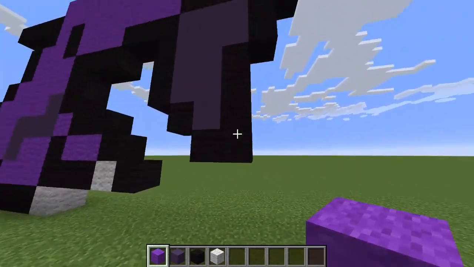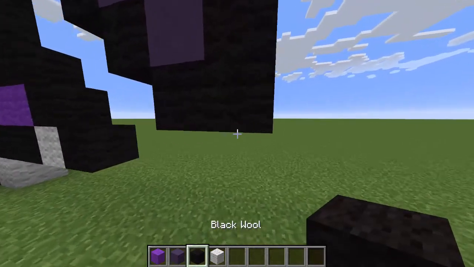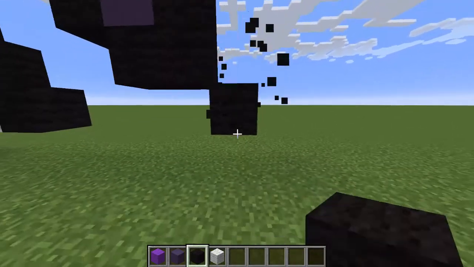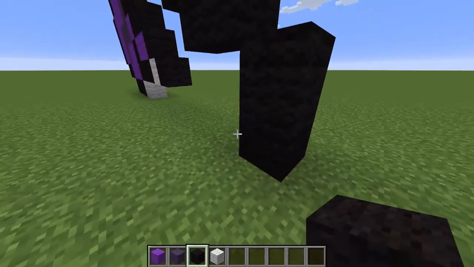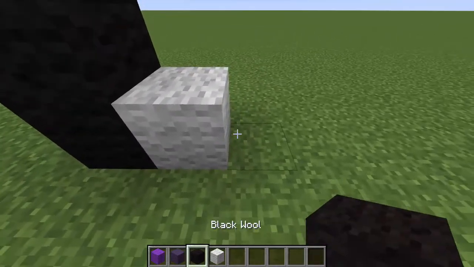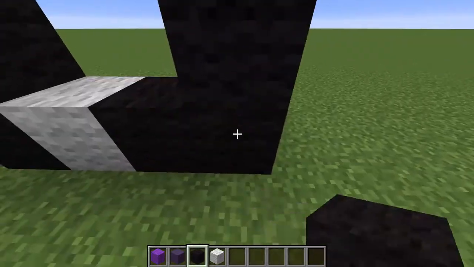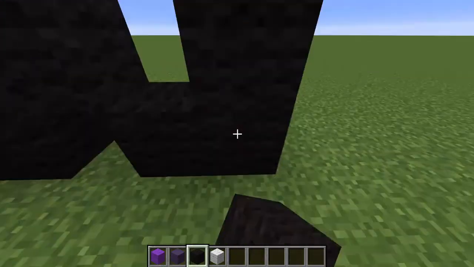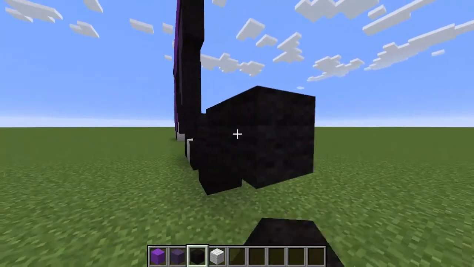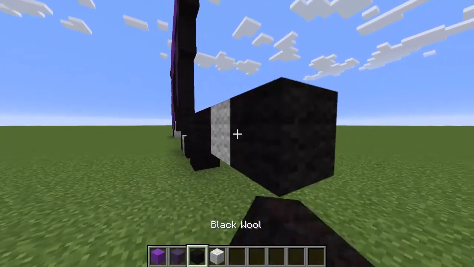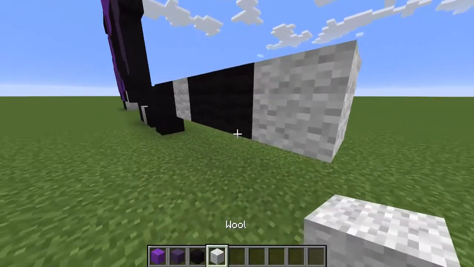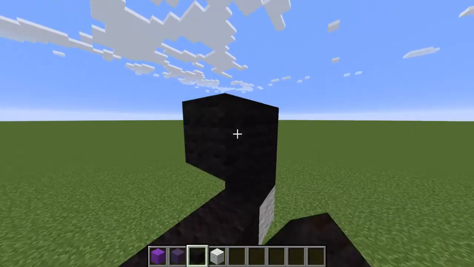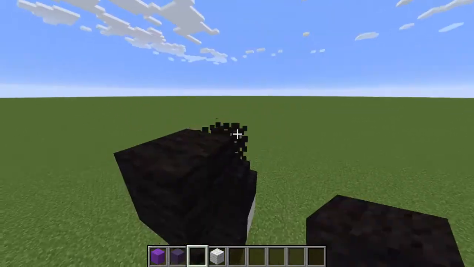So from this bottom right corner just here, get out your black wool and do another bottom right diagonal and connect that to the ground with a white wool next to that, a black wool and an upright black wool diagonal, another black wool there, another upright diagonal with a black wool, then a white wool, 2 more black and another white. On top of this last white one, we want a black wool, then do an up left diagonal, another up left diagonal,